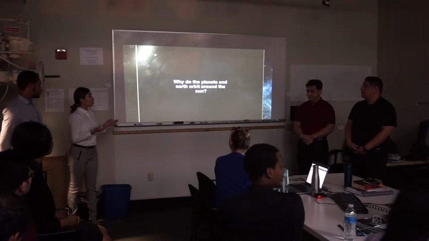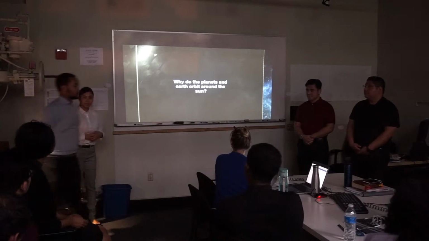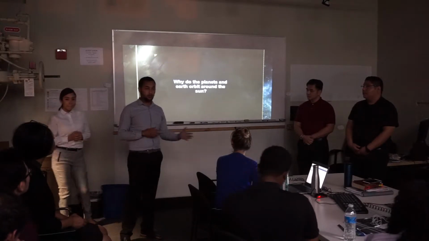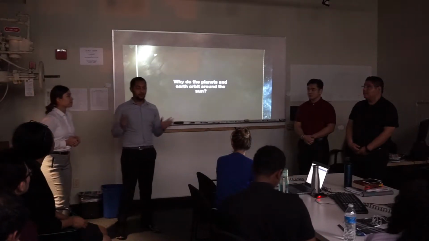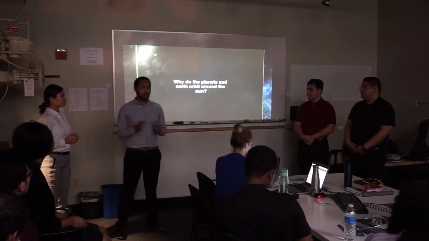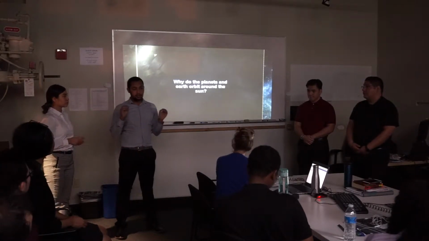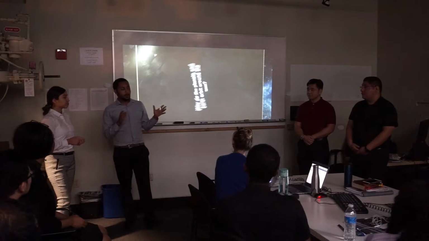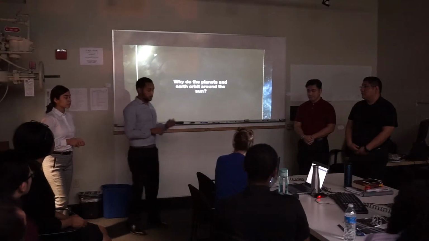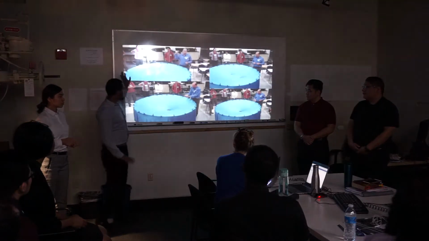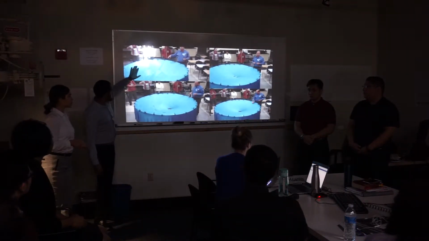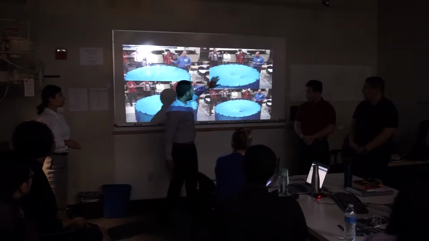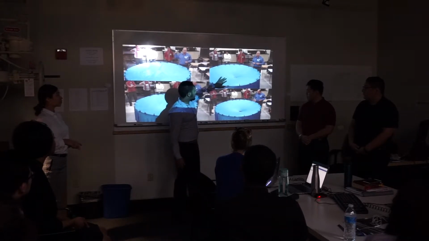Why do the planets and the Earth orbit around the Sun? Hi, I'm Brooke. So why do Earth and other planets revolve around the Sun? To understand this phenomenon, it takes a few facts. We have to know how matter behaves in space-time. To illustrate, let's assume space is a sheet of rubber, right? So this is our space. Here we can see that whenever we put matter on our space, it bends it.